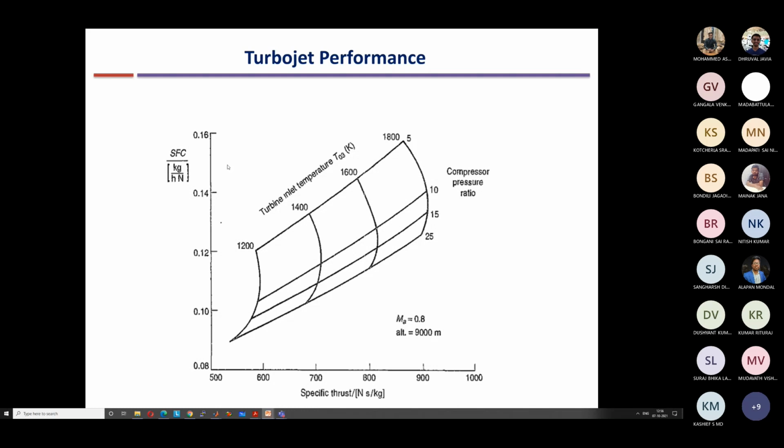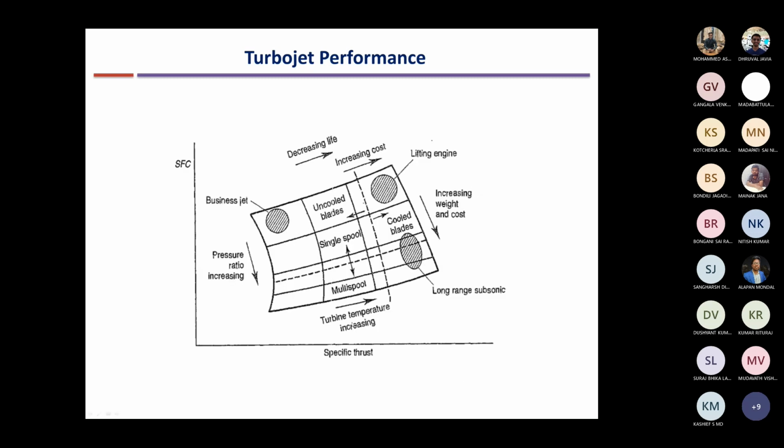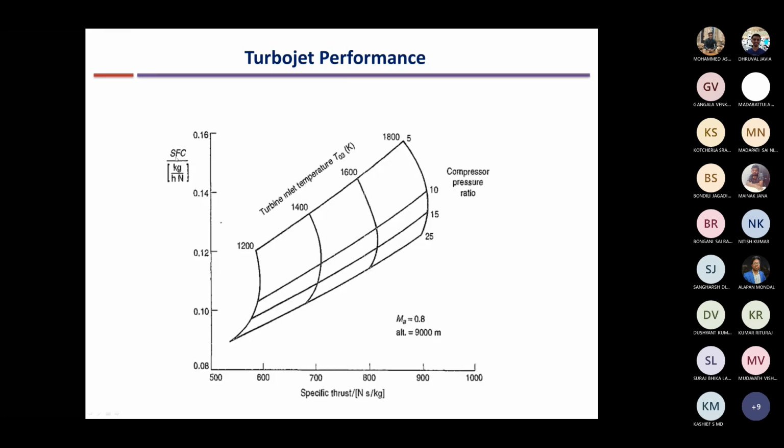And this is for a particular inlet condition, inlet Mach number. If you vary the inlet Mach number, there will be another map, or you will have to generate a 3D map with different Mach numbers. This is for 0.8. So you get the idea now of how to generate maps like this. You should be able to generate maps like this if I give you an assignment, or if you want to design an engine. So what is the usefulness of this map? It is the same map I am showing here, without any scale. On the vertical axis you have the thrust specific fuel consumption, and the horizontal axis is specific thrust.